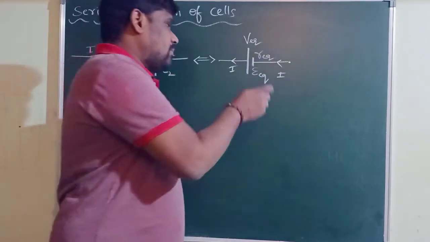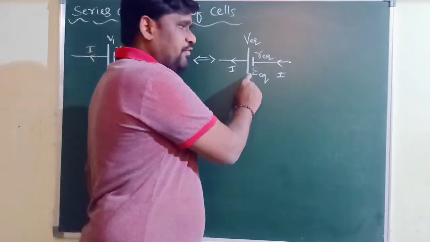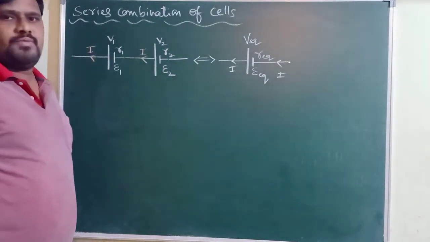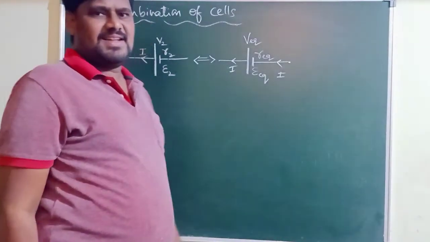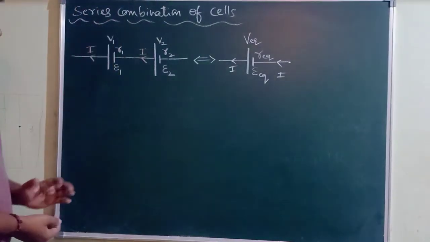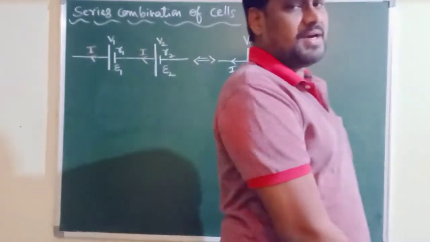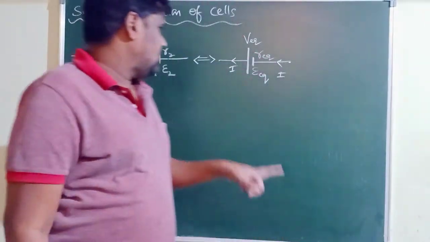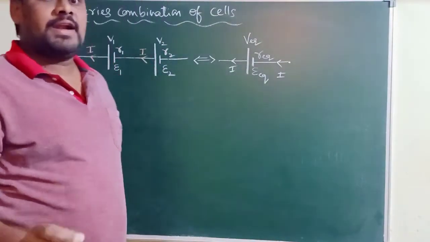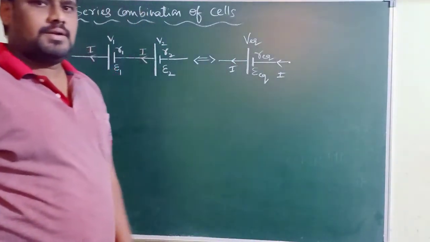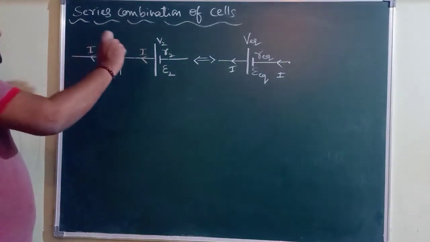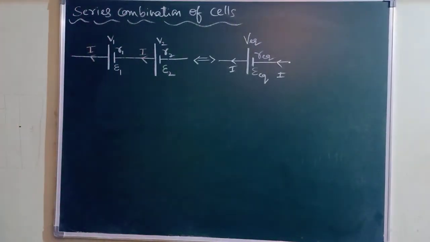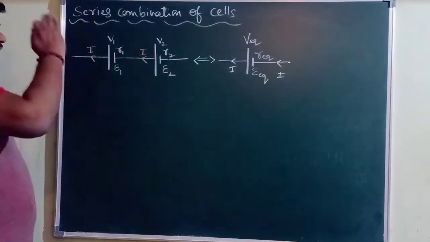Our aim is to determine the total EMF and total internal resistance of how many cells? Two cells which are connected in series. In the examination the question will be asked like this for 3 marks: Derive an expression for equivalent EMF, E equivalent, and equivalent internal resistance, R equivalent, when two cells are connected in series. When two cells are connected in series, as I said, current is the same